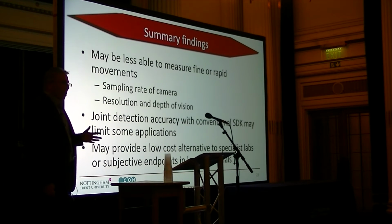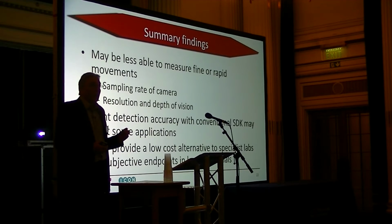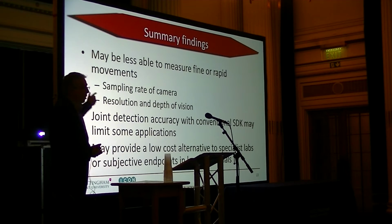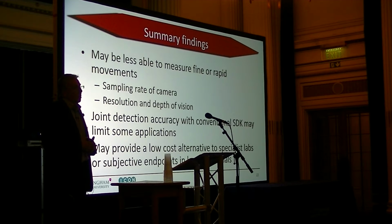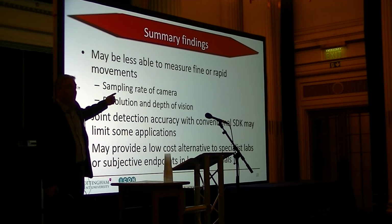So just to summarise that piece, we think that Connect seems to be pretty good to measure gross movements, but the fine or the rapid movements are more difficult. And if you drill into some of the literature, some people use advanced methods on top of what you get in the software development kit to enhance the way that it measures. For example, increasing the sampling rate from 30 to 100 frames a minute using some interpolation algorithms,